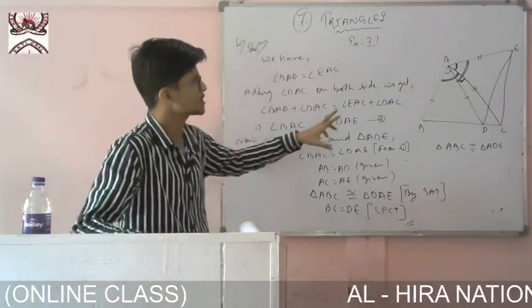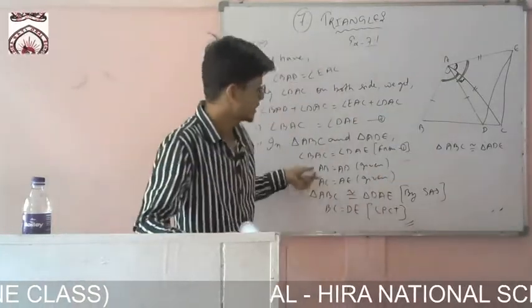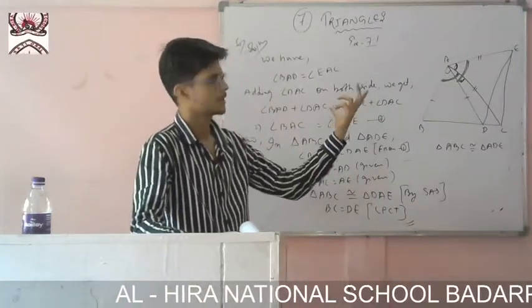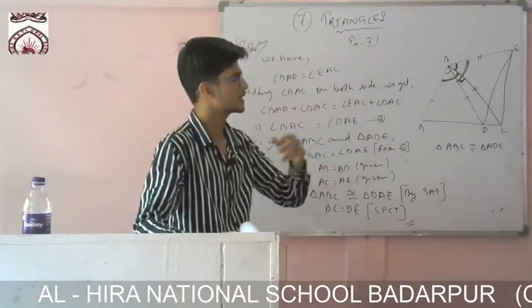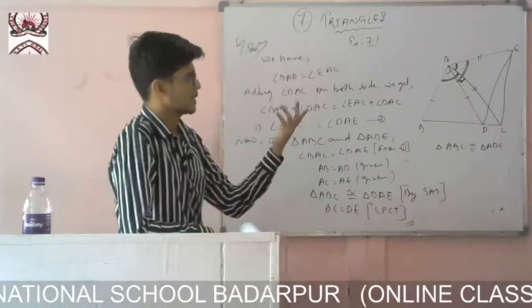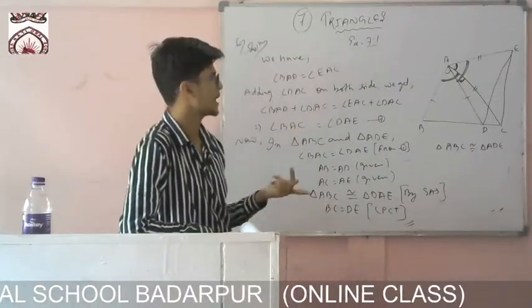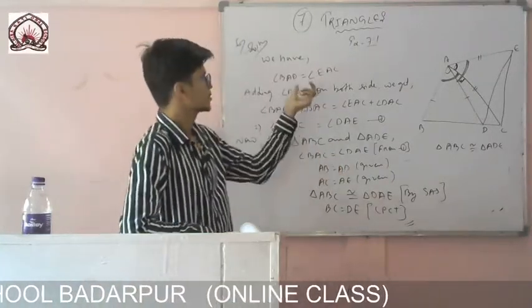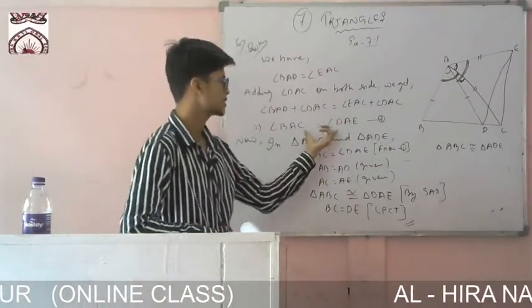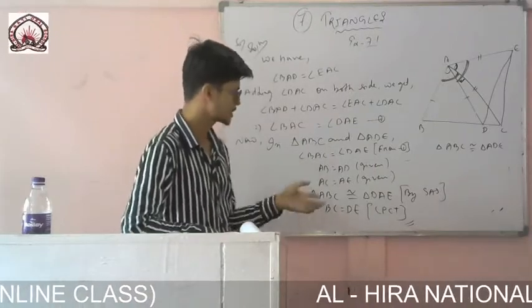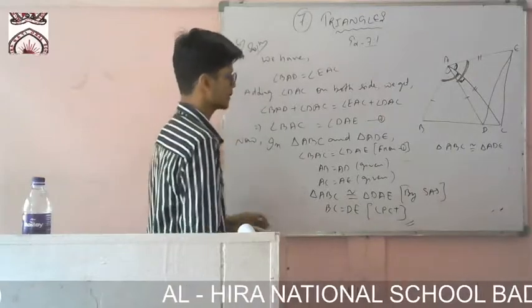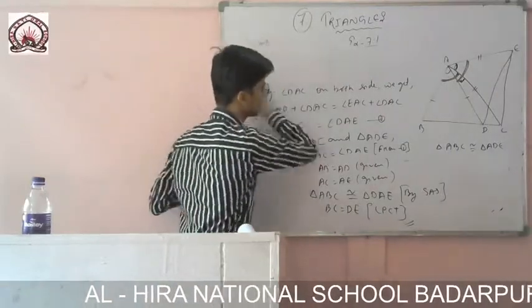Nothing, just what I have done. First of all, actually two sides were there. These two were given, so I needed one more. Since there was no common side, these two triangles were like this, so they don't have any common side. So what do I have to do? I have to find a common angle, or somehow relate the angles to one another, one angle which is equal to the other. So it is given in the question. I have added this part DAC to both. Now these two angles become equal, which I have used. And I have solved it, and the last part I have written, BC is equal to DE because these two triangles are equal.